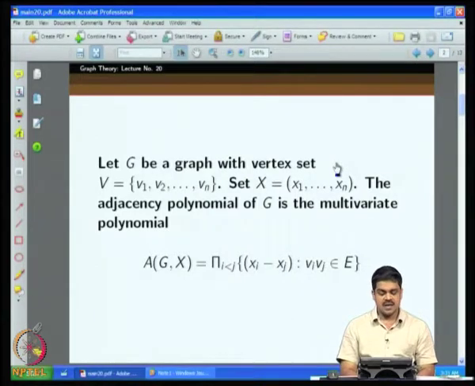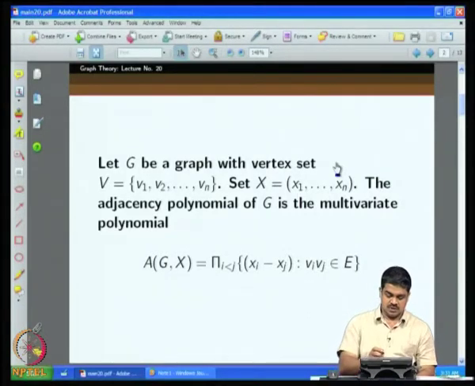Then the adjacency polynomial of the graph G is the multivariate polynomial in these n variables, A_G of x, equal to the product of xi minus xj, where Vi and Vj is an